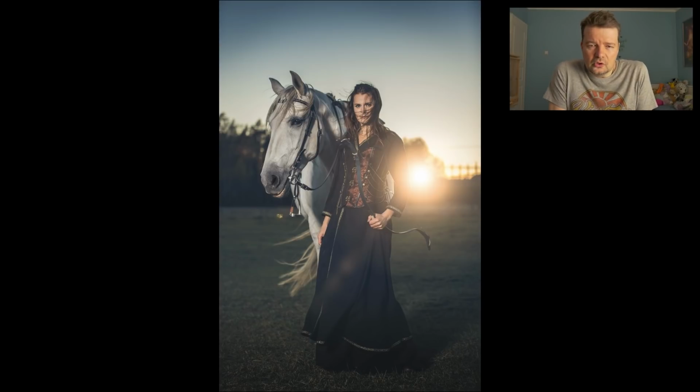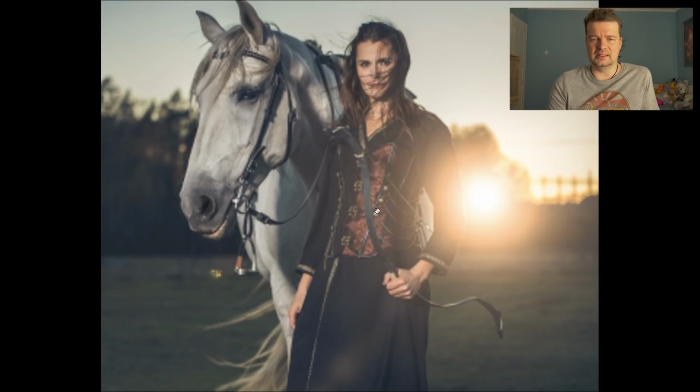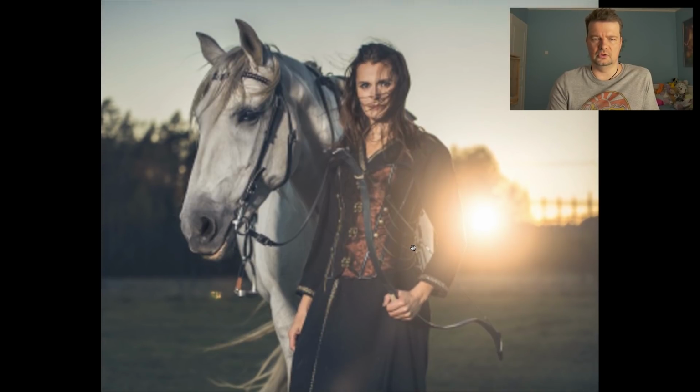Okay, then a horse and a woman. I think the light and the lens flare is taking all my attention. In a way, she's just holding the bow. It seems that this is, more or less, like a gimmick in this picture, just to show that she's a fighter, but there's something in the pose that could be...